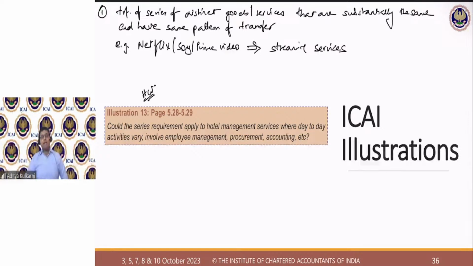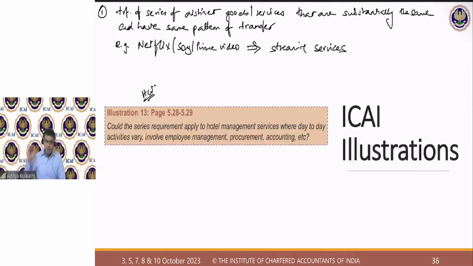Streaming is not like this: that on the first day of the month I streamed it, and then I stop the streaming for the next 1 month and tell the customer, I have streamed now, whatever you want to see, download it, watch it for the month, next month I am again going to stream. That's not what you are going to do. What you are doing is, you are giving a continuous inflow of content, a continuous access to content.